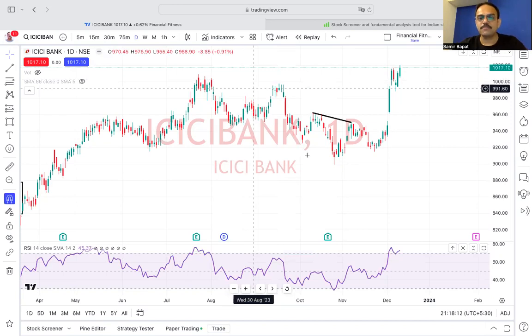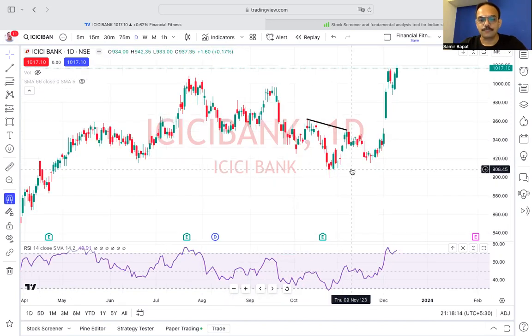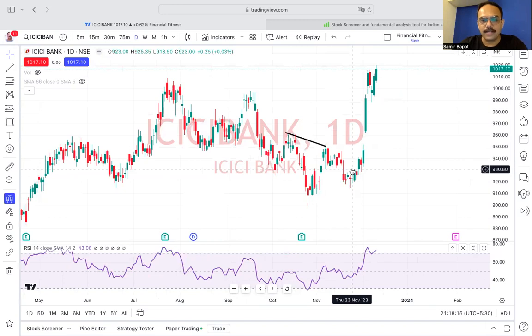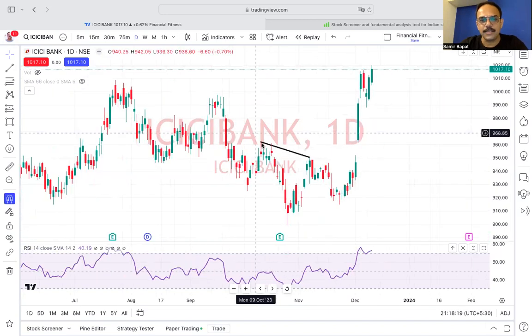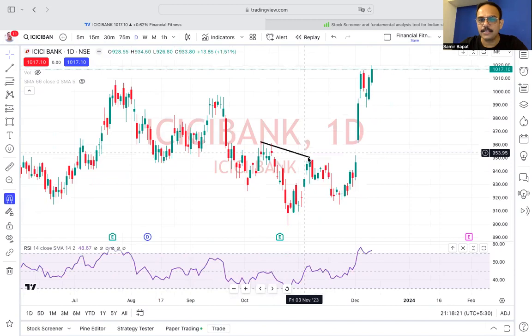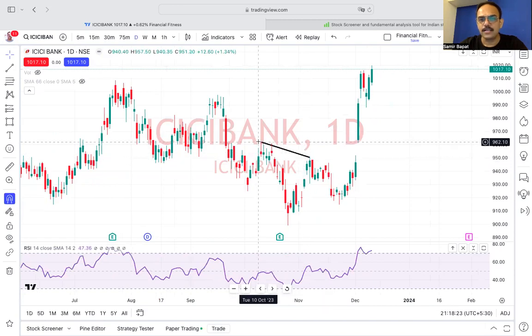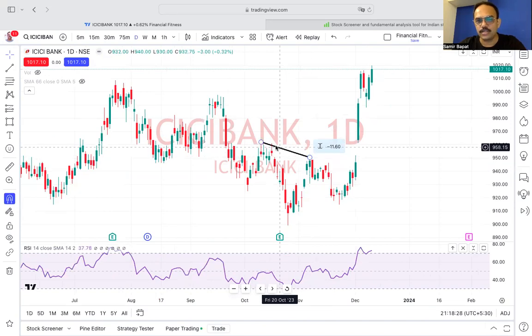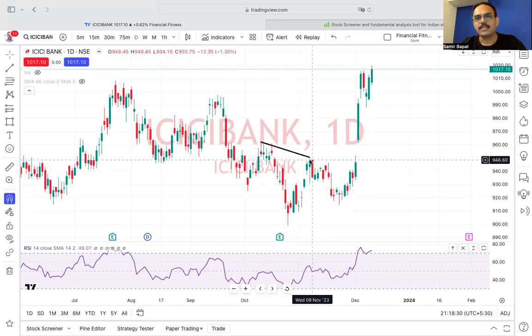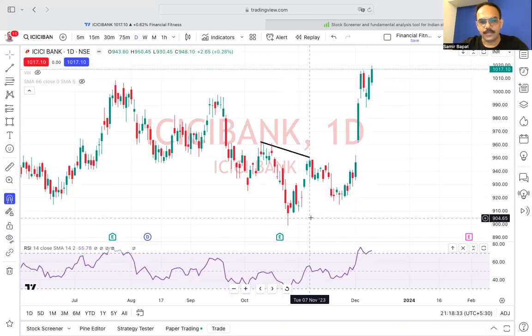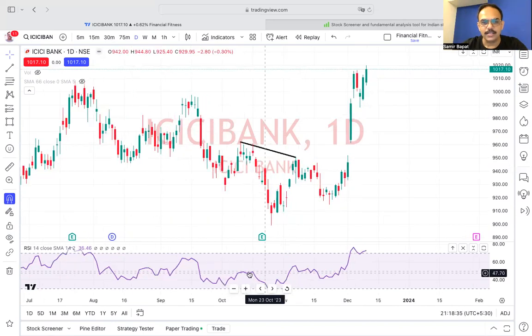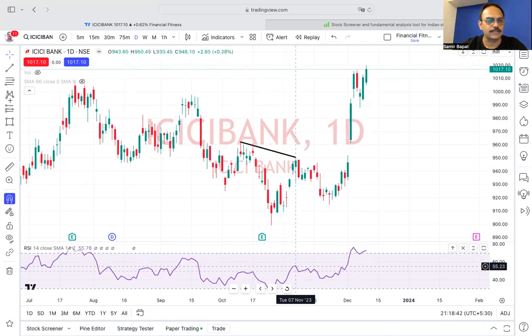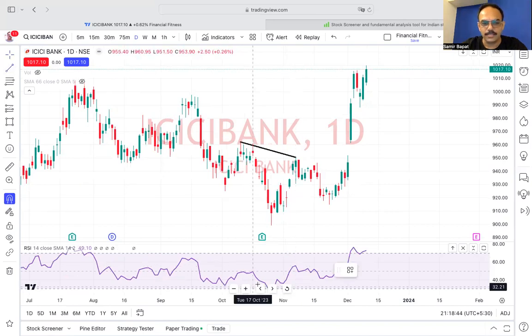Now, what happens when the divergence occurs? Here, I have taken this example. This peak is here and this peak is here. If I join these two peaks, the price is going down, right? It looks like the second peak formation is lower. But when we go to RSI, this is the peak corresponding to this peak here, and this is the peak corresponding to this. If I join these two peaks,